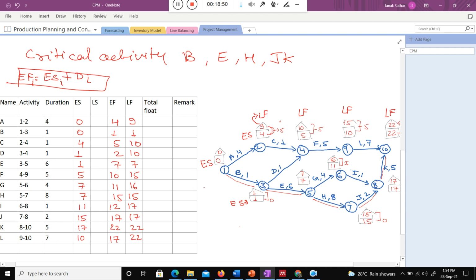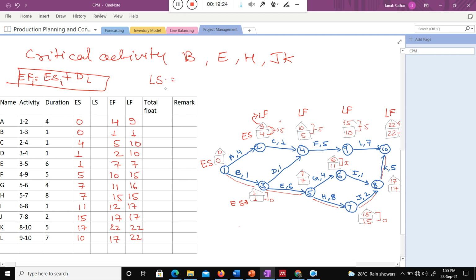So now we calculated the early finish. That is the normal thing. You just need to think, this is the early start, then what is the early finish? You just need to add the duration. It's the same thing. I know the late finish of the particular activity. What is the late finish of that particular activity? Now I actually want to calculate the late start, right? So I try to make a formula according to that.